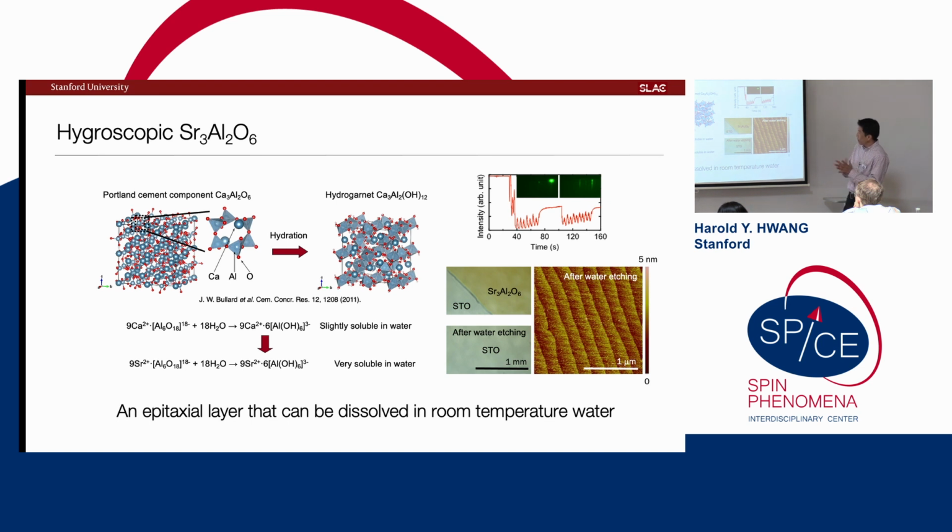So with this idea, we looked first at the strontium version. We find we can grow this pretty nicely, pretty flat, with the usual things that are important for growing precise heterostructures. This is a first simple experiment where we grew a few hundred nanometers of this strontium aluminate, dipped it for a second in water, and you can see it's just cleanly etched away. It's just dissolved off.